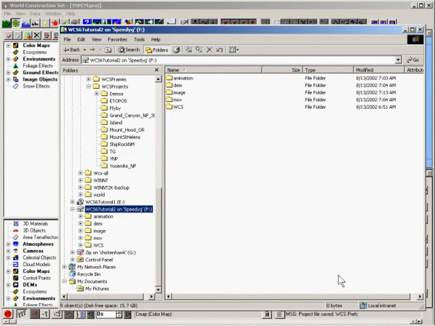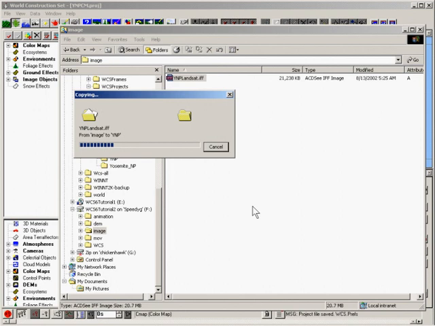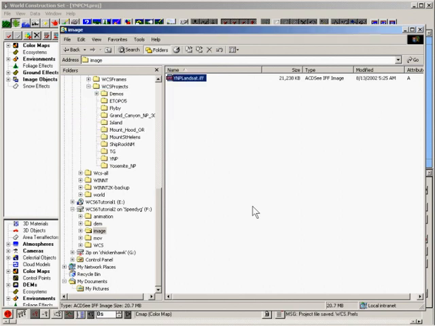Go to the Windows Explorer or Finder if you're on a Mac, and make your way to the Image folder on the Tutorial 2 CD. Copy the YNP Landsat IFF image to the YNP project folder on your hard drive. WCS will remember where this file was loaded when we added it to the project. If we load it from the CD, WCS will try to find it there every time the project is opened. Copying it to the project folder before import ensures that it stays with the project and makes it easy for